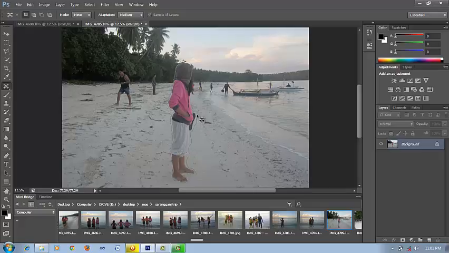Just select the part that you want to be moved. I am selecting this person, excluding the other part of the photo.